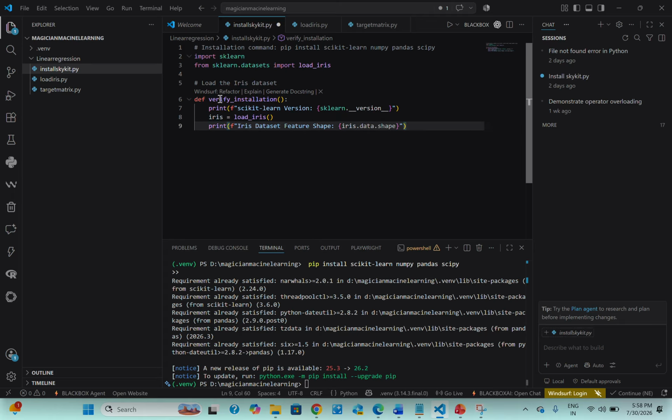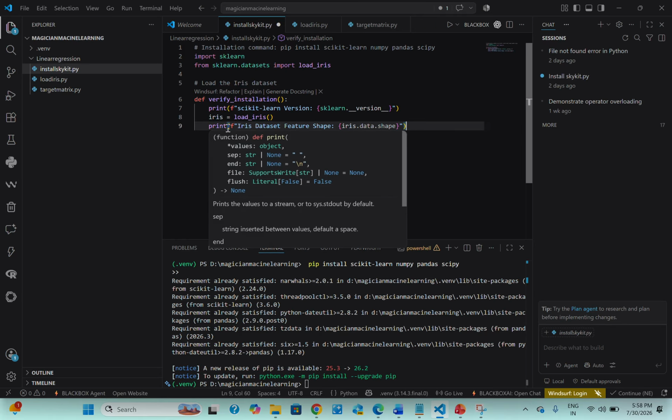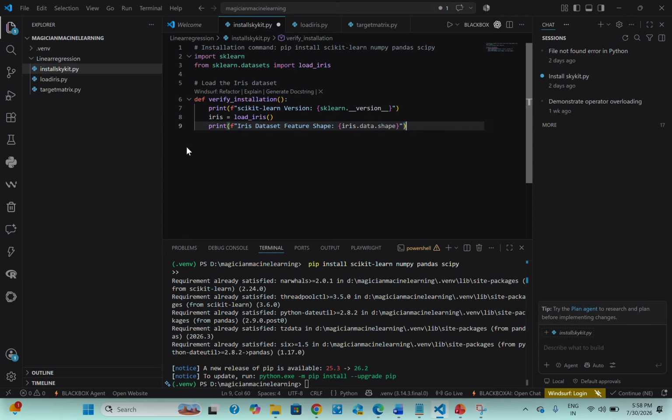In Python or in any programming language, a variable is a temporary storage which will hold the user's data. Here iris is our user-defined variable, which is going to load the data from load_iris. Where is load_iris coming from? Because we have imported load_iris.